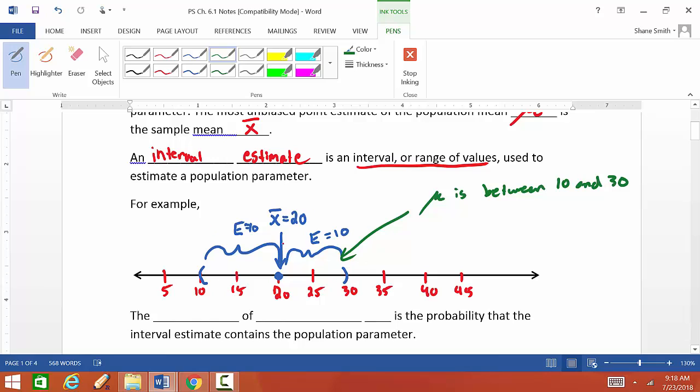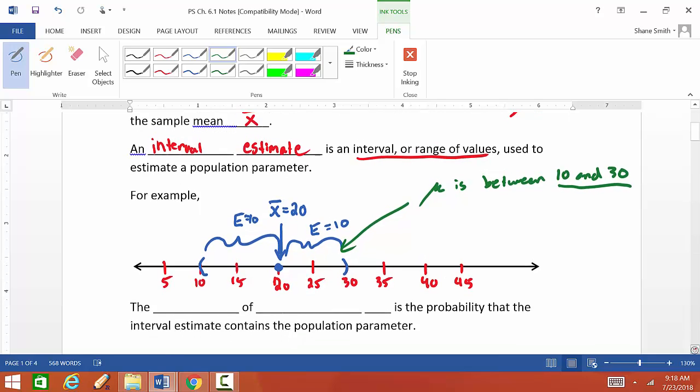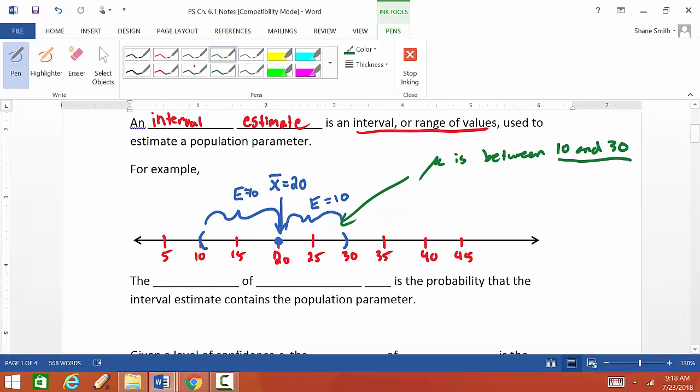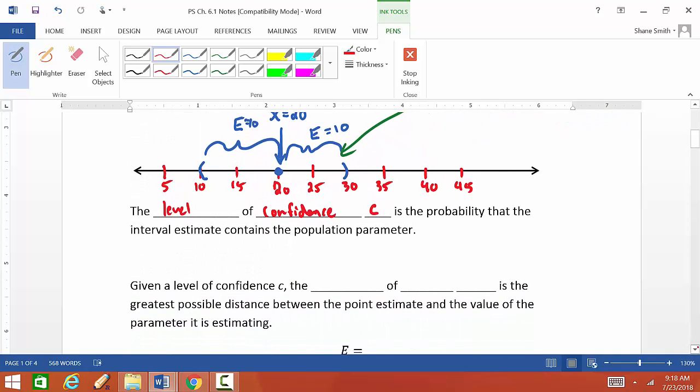So what we're going to actually get is a range of values, like between 10 and 30, that actually gets us the interval estimate that we're talking about. And this interval is determined by something we call a level of confidence, which is denoted by a C, and we'll talk more about that in a little bit. But given this level of confidence, we calculate what's called a margin of error,